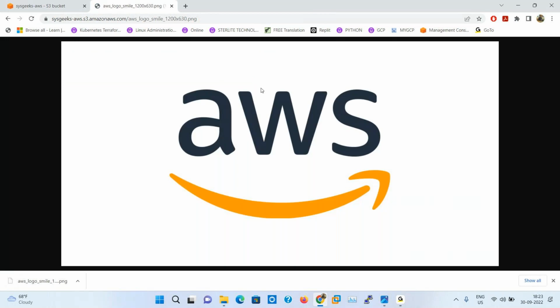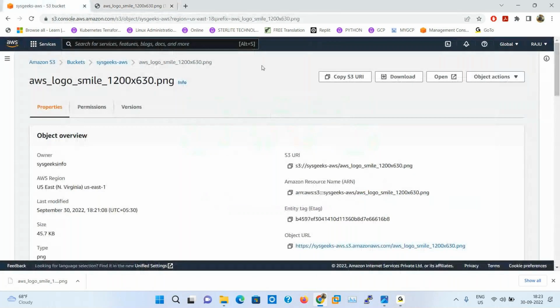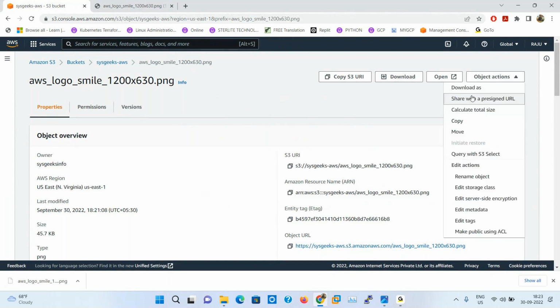Now this is access. So like this, if you want to share content with people, you can upload a movie or songs or anything. Then you can share this URL with the end user, and they will access the movie directly through this URL. So if you want to share data with people, I mean your customers, the best option is an S3 bucket. If you want to download the object, this is the option to download. And again, the same options are here: download as, share with persons and like that.